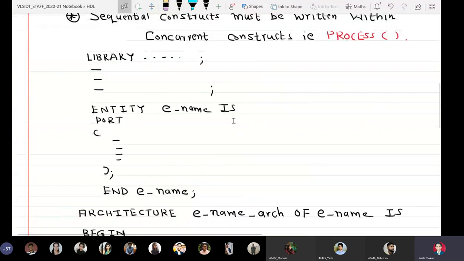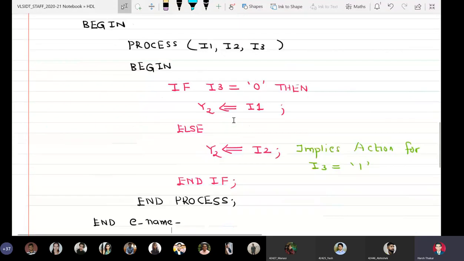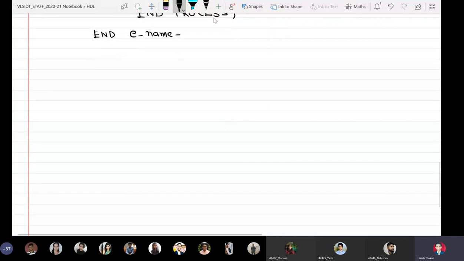Now we take an example of when we can use the variant of the first one, that is if then else if and if. We will again take the example of a 2:1 mux.